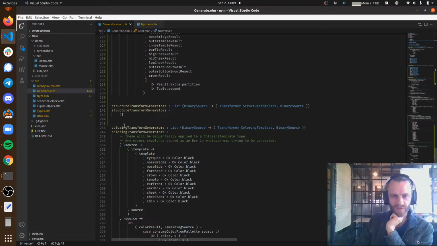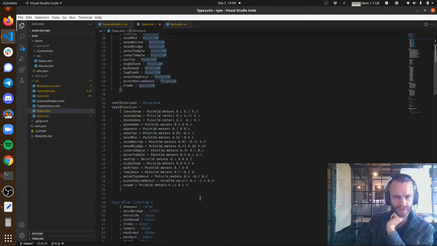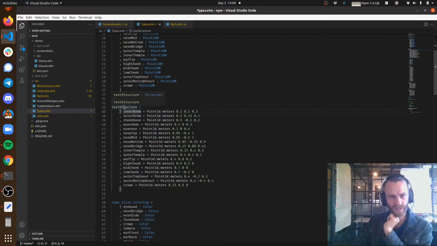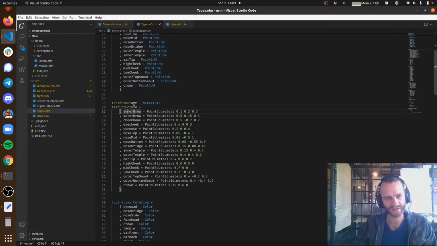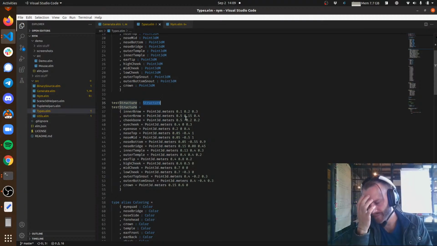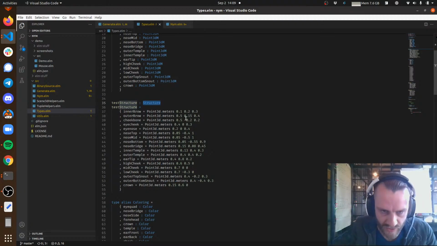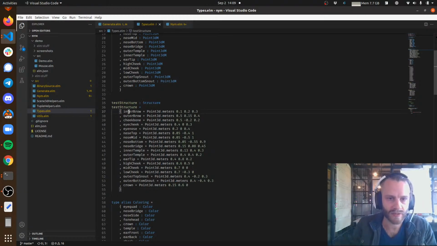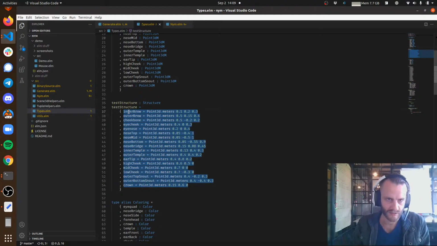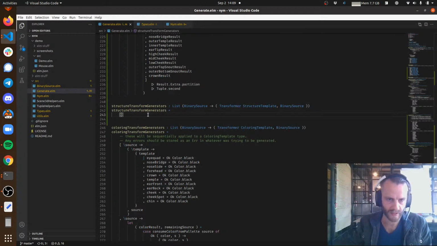Here we can do black as a default, but if we look at the structure type, these are points. So I guess we'll just use the test structure here. This is the structure that I've been showing off. This is what creates the little fox-looking guy. So probably the problem is I can't easily turn this test structure of a structure type into a structure template. But I could just copy this raw text, and let's just